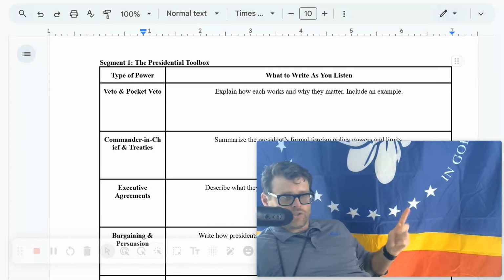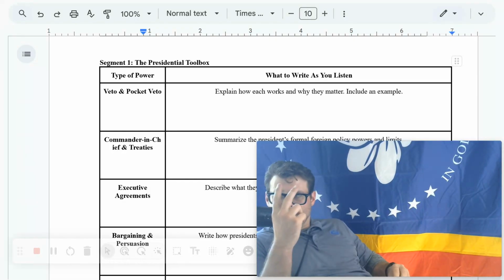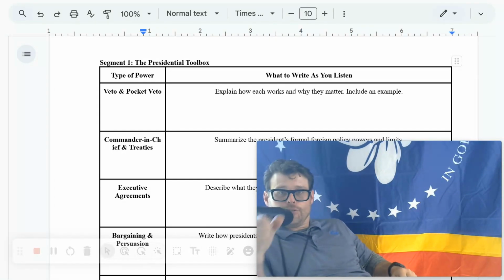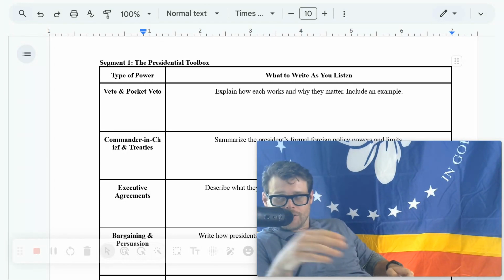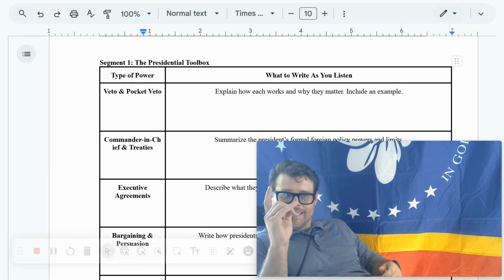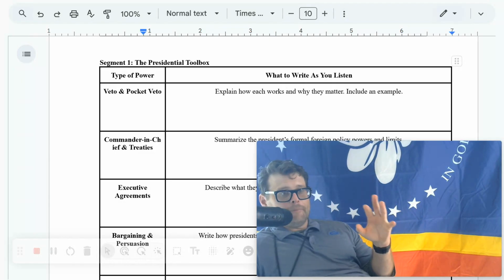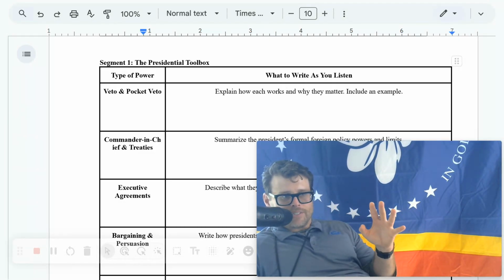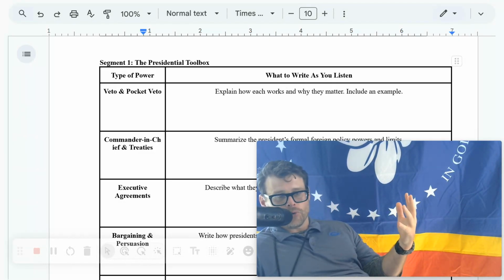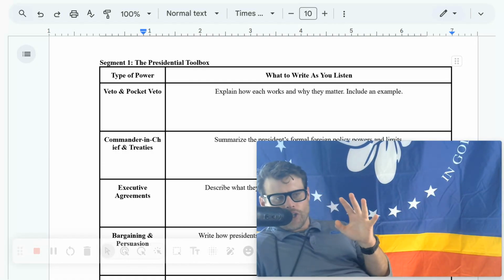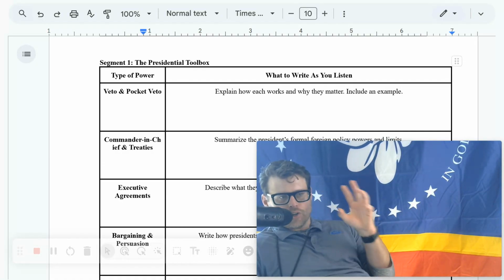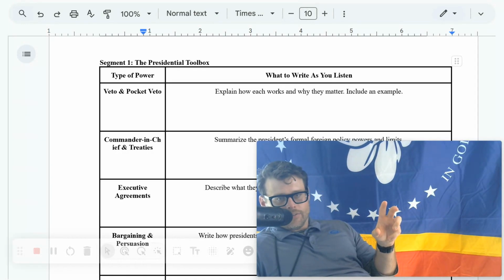It's Mr. H. We're back at it with mini Unit 2 of Unit 2, the interactions among the branches, right? This one is the executive branch. We're going to dive into POTUS, the president, the most powerful office in the United States, if not the world, right? The one with the energy to handle a crisis when needed, right?